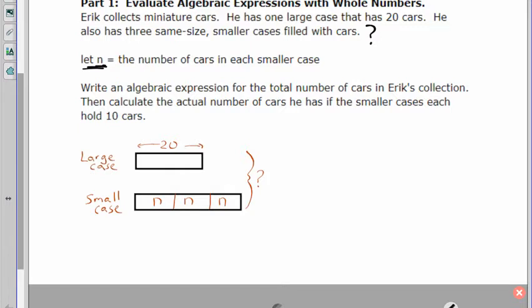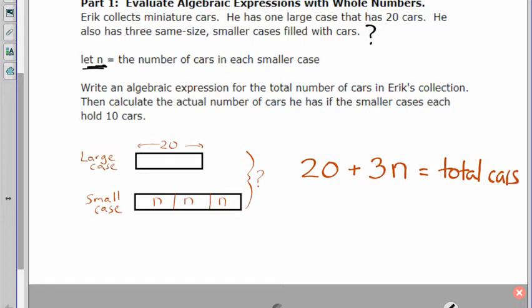And so if I was to put this together, I would say I have 20. That's for the large case. Plus, I have 3 groups of n cars. Well, groups of, we know, is multiply. So we have 20 cars in the large case, plus 3 groups of n cars for the small cases put together. So this algebraic expression gives me the total cars